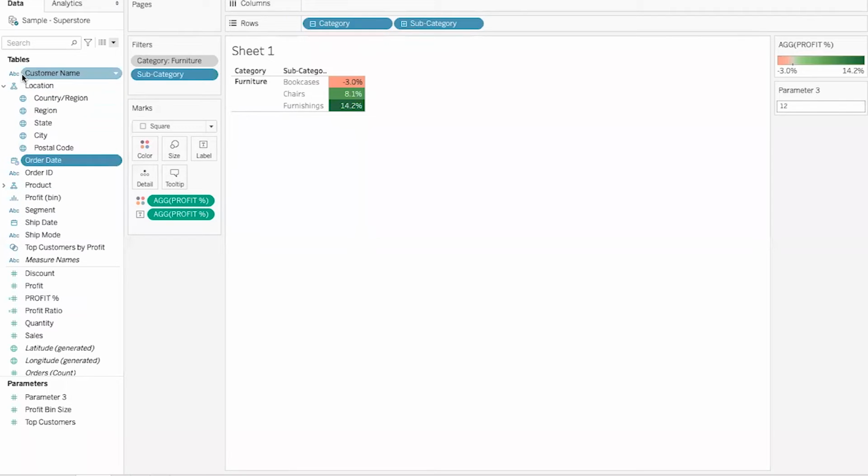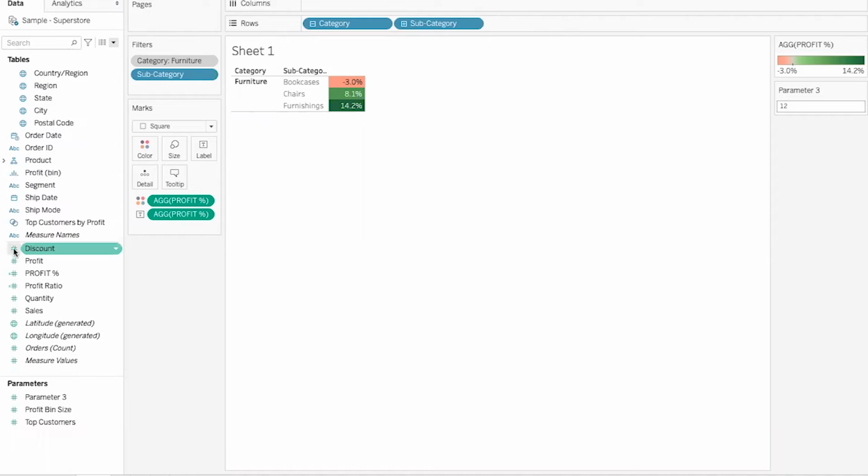Suppose this is customer name, I understand that it's a string value because its name suggests it. But suppose it's just written as customer and it's taken as a string, but it's a customer ID. You can simply go over here and click on number (whole). It will change automatically to the numeric value. You are able to see this hash symbol over here. This hash is telling that I am a measure, anything which is a measurable quantity.